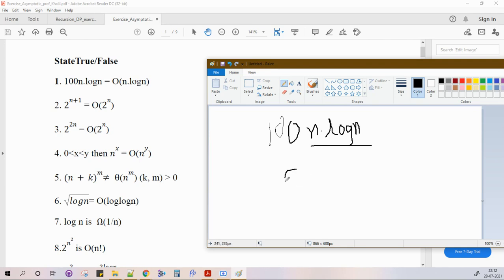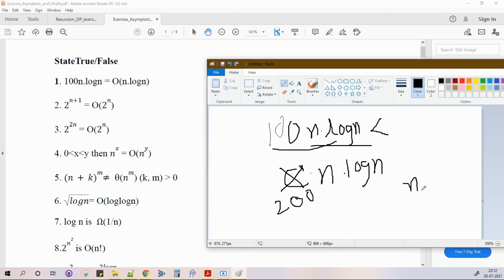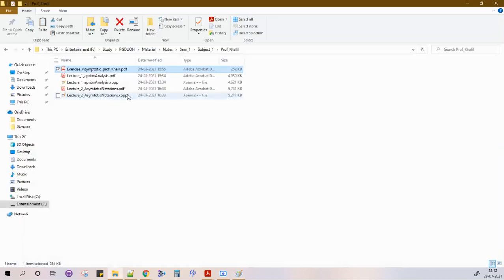So if I take c multiplied by n log n, and if I am able to find any c such that this function is less than this function, then we can say it is order of n log n. If I take c equal to, let's say, 200 or 2000 or even 101, then this function is less than this function. We just need to prove that it is less than or equal to this after some limit, n greater than or equal to n0. So definitely it is order of n log n. So the first is definitely true, right?